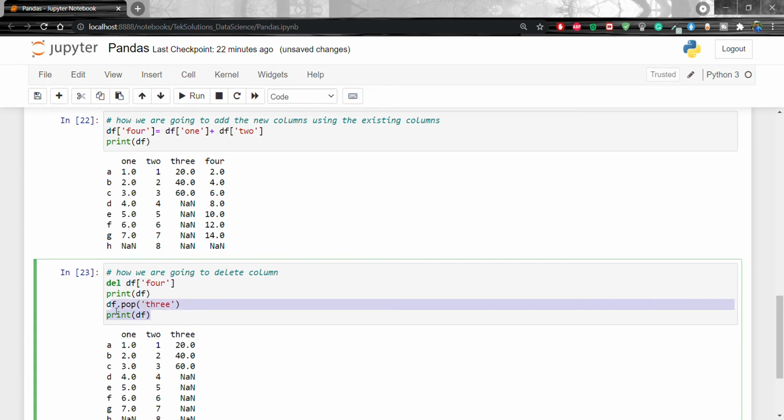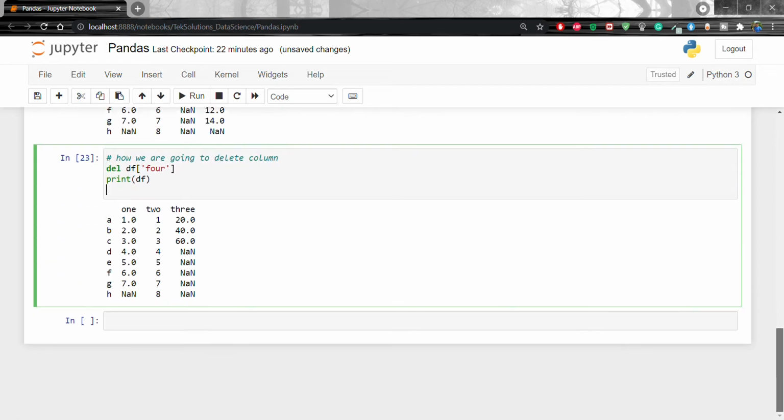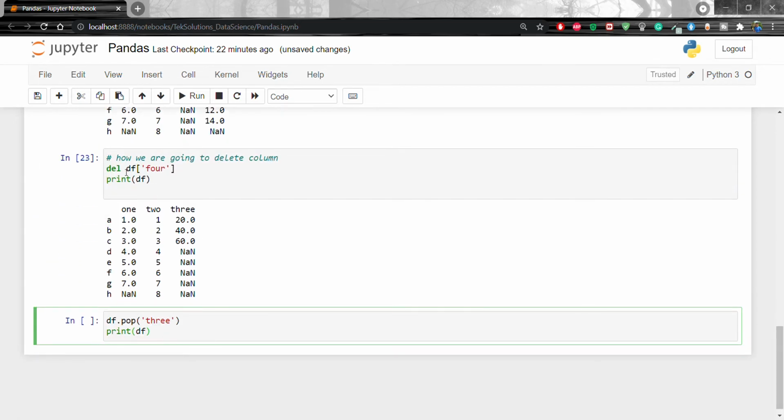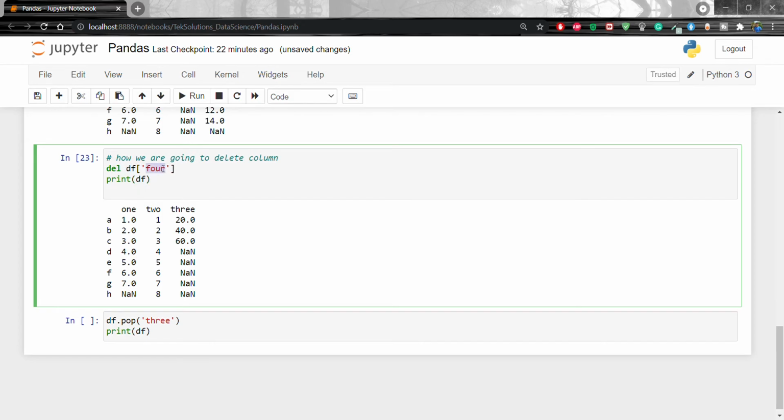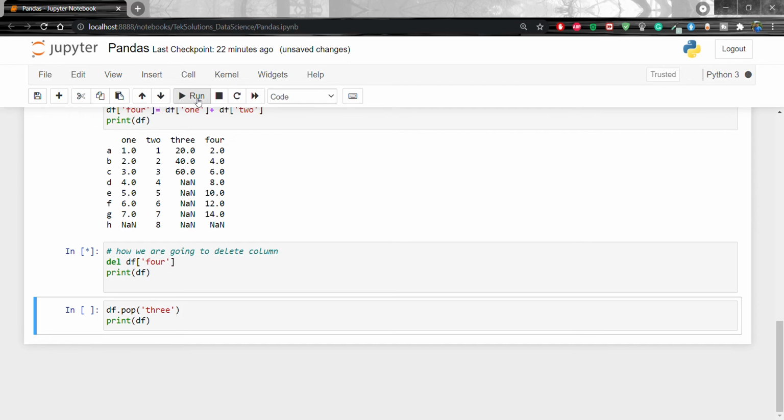So we can use this from here to here, otherwise it will give the error. If I am going to delete something that is not available, then you will get the error. So first I will show you. If I run once again, where a column does not exist and we delete it, then what will happen? We will get the error.